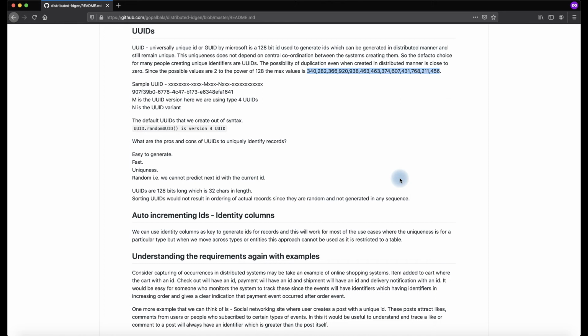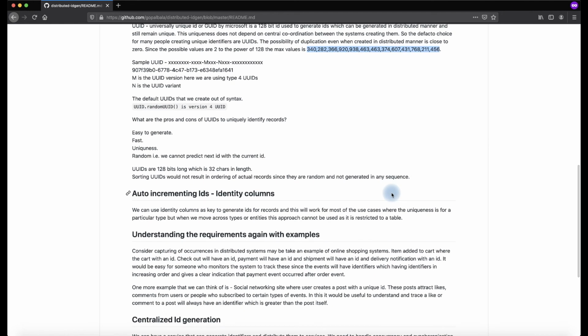For example, consider the case where we want to trace how the entire record flow happens. A customer comes and orders an item, places the item in the cart, does a checkout, makes the payment, and finishes the order. Finally, the order is delivered to the customer, and then the delivery notification is also sent. So this all happens in a sequence.